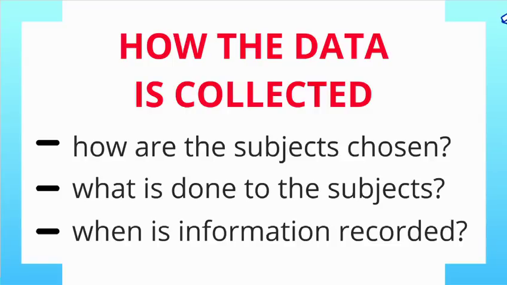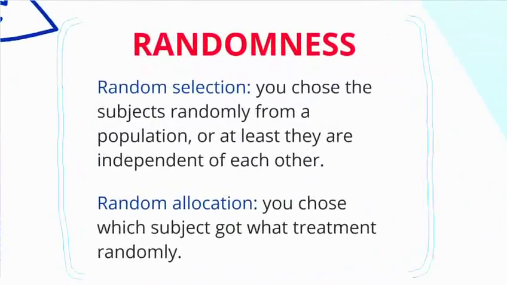Now, this isn't just useful information for statistical purposes. Everyone needs to know this when you describe your research. That's why you have a methods section in a research paper. From a statistical point of view, when you do talk about how you chose your subjects, you should talk about